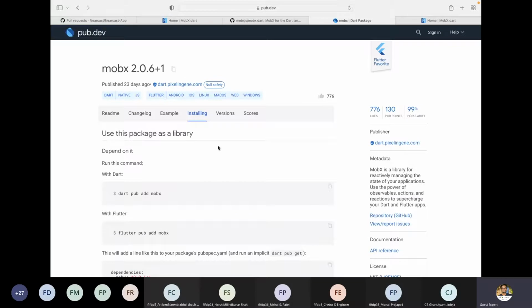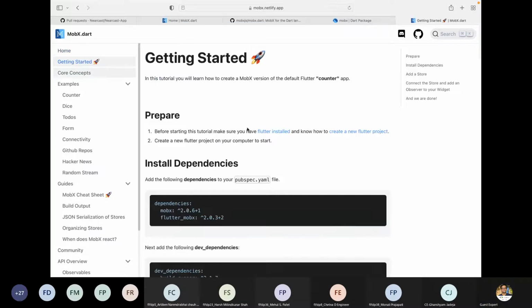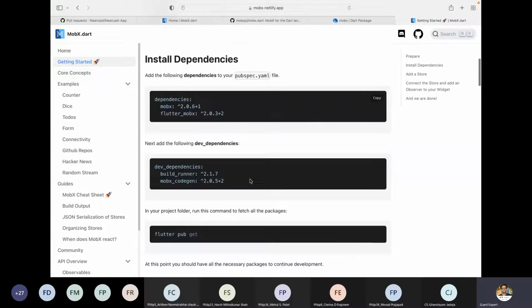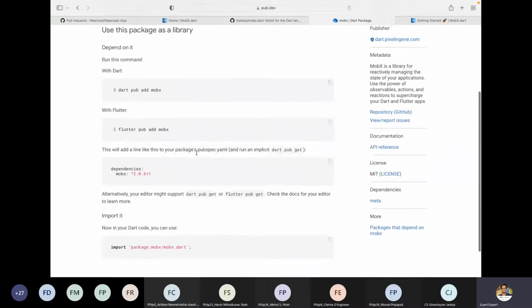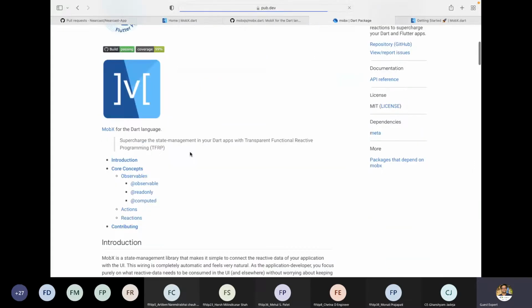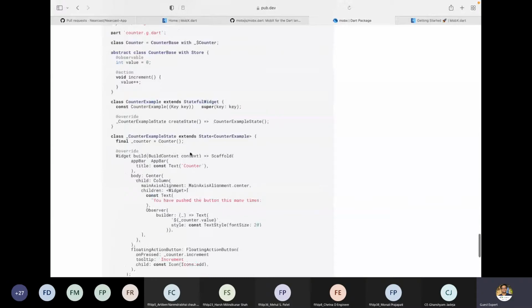Let's see what happens here. So in Mobex, getting started. The reason we require some of the things, and that's why I'm not going to pub.dev, is that it is not properly written in the installing section. Yes, it has not been mentioned properly.